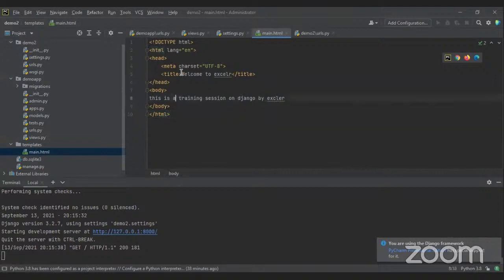In the title we changed it to ExcelR, so the title got changed. The main idea is you can think of it as modularization of the different tasks we are doing. Whatever we change in the main.html will automatically get reflected in this web page